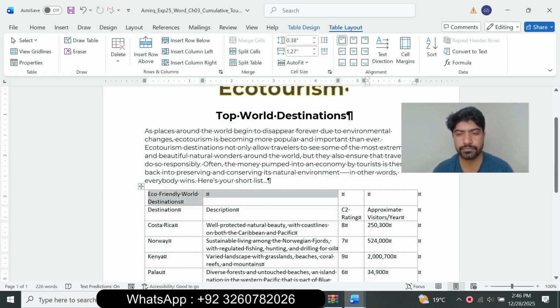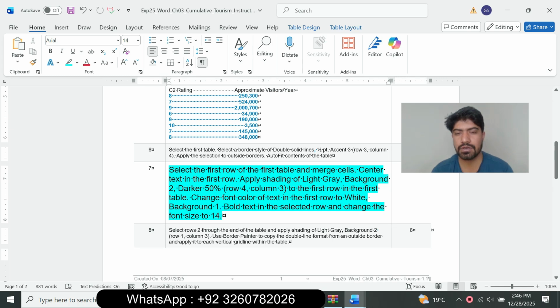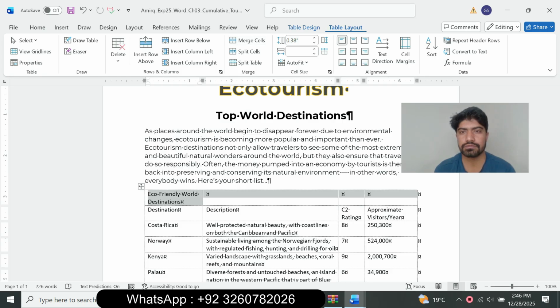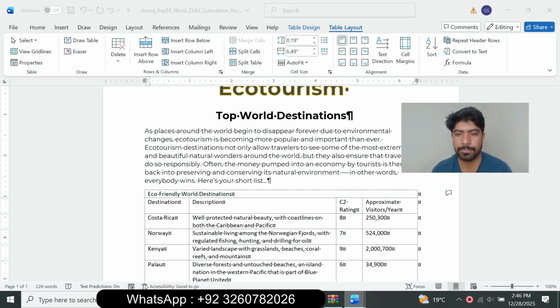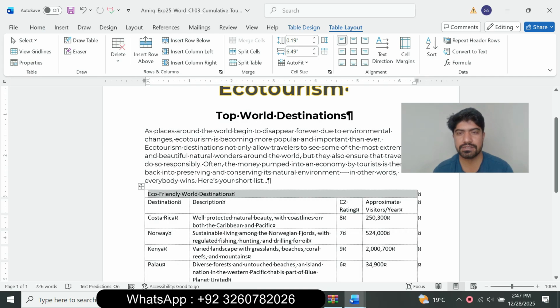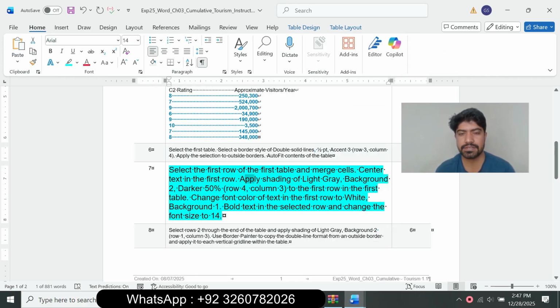So go to the table layout tab, and go to the merge, click the merge cells, and next center the text in the first row, click the center the text,